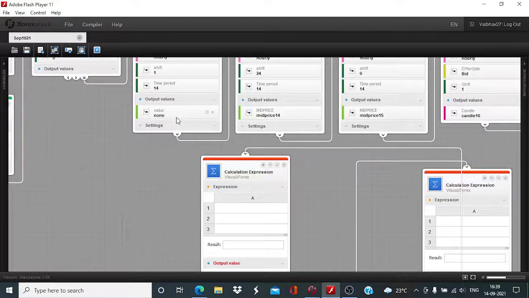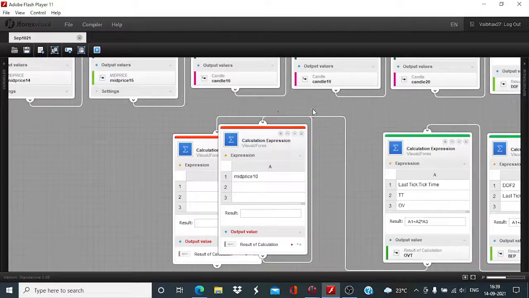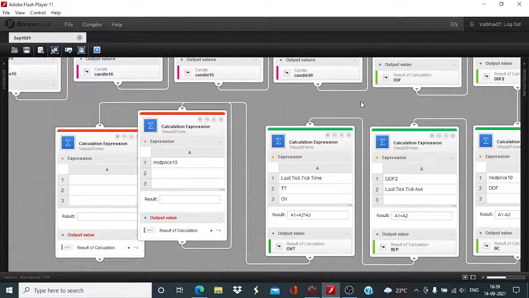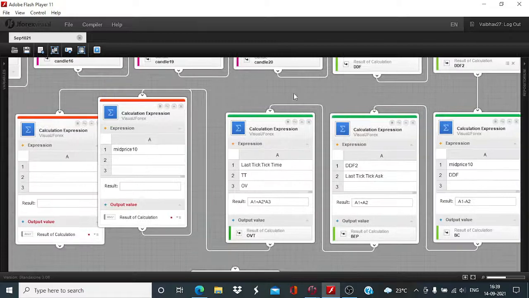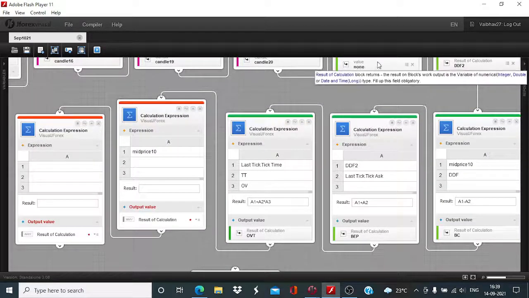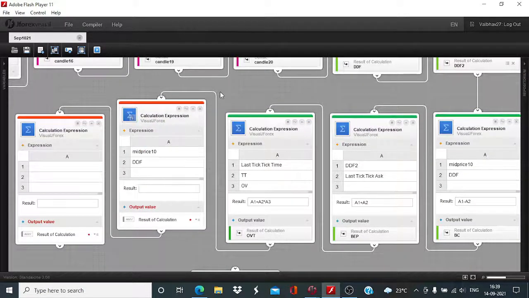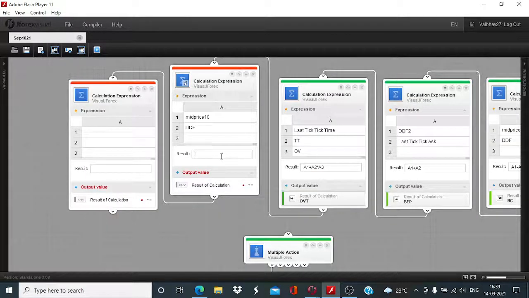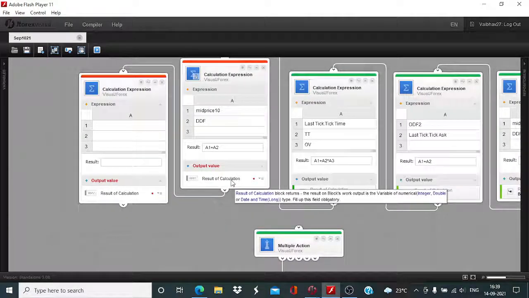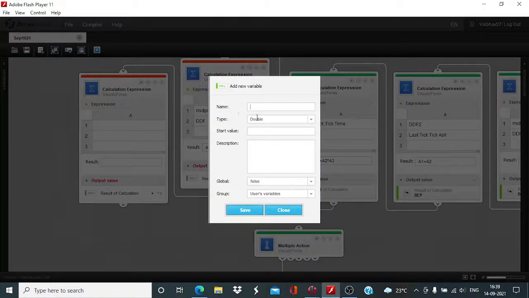So I take this mid price 10 and add the result of the calculation here, and we use Excel convention. So this is going to be A1 plus A2, and I will name it SC, cell condition. Okay,